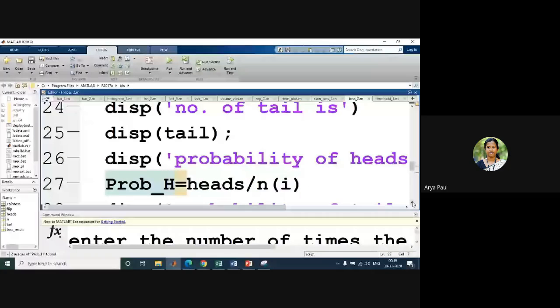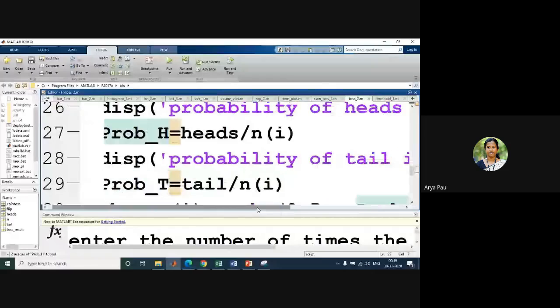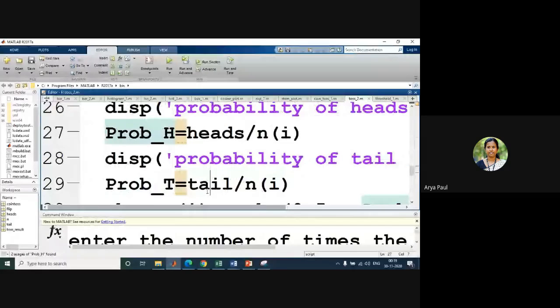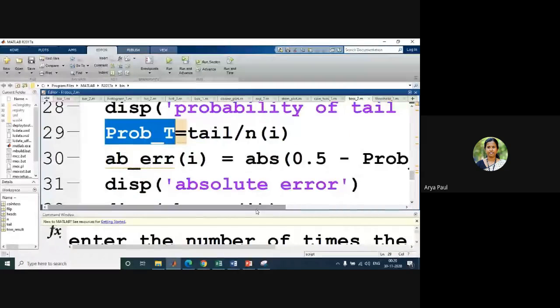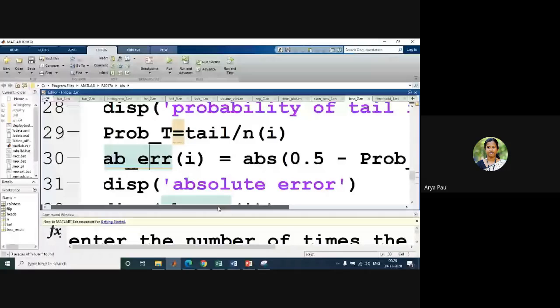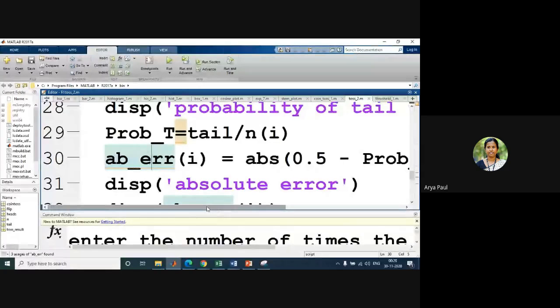Display the probability of tail. Probability of tail is similar. Tail divided by number of tosses. That will be your probability of tail. Now absolute error. Okay, absolute error means how much is the variation of probability of head from the value 0.5. Okay, the value 0.5 means here